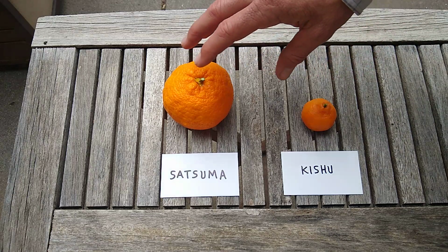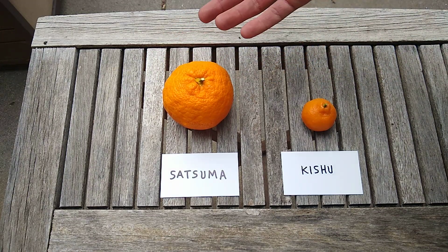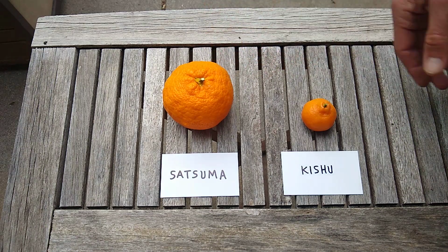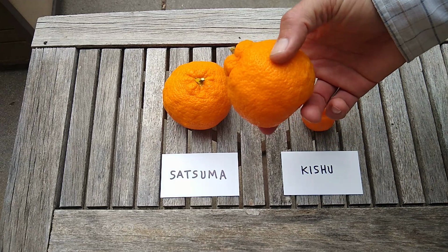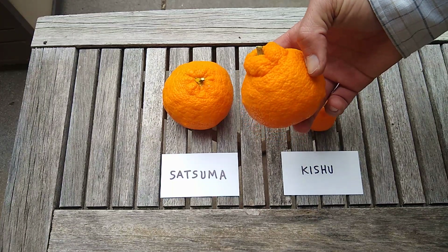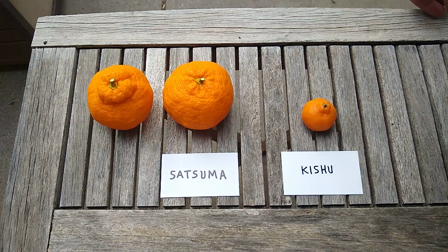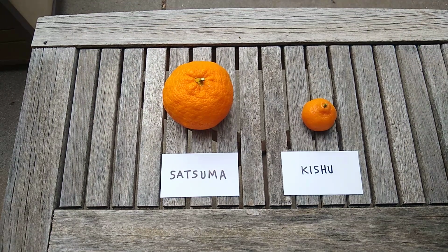So we've got a Satsuma here and a Kishu, and let me just say straight away, there are lots of different kinds of Satsumas. This is the kind that is commonly sold just as Satsuma, but there are others. This is probably a Frost Owari Satsuma, but I'm not sure. Just to show you a different one, this is one called Shishan. They can be a little bit different and look a little bit different, as you can see by the neck on this one. But they all have really similar